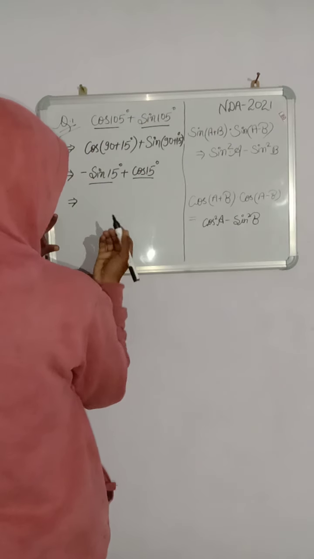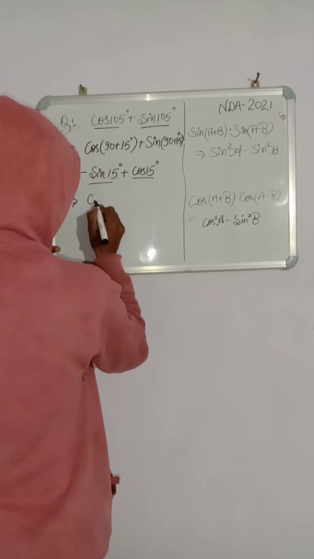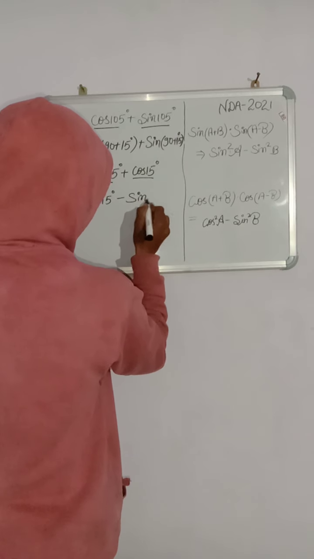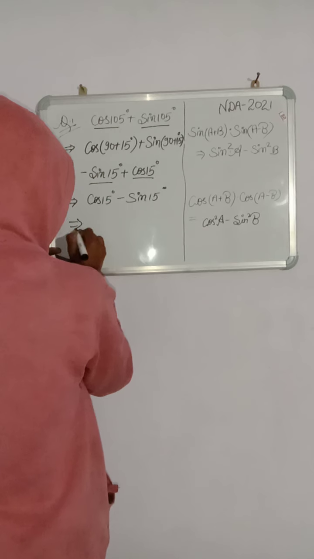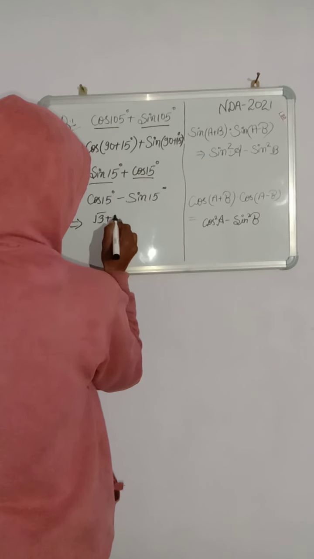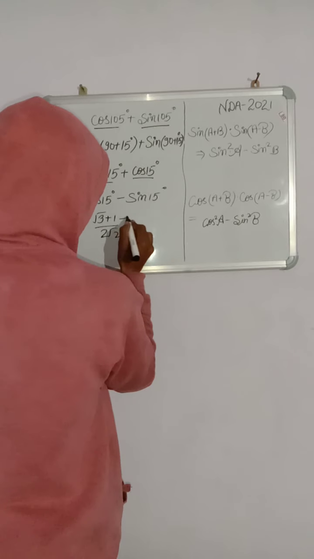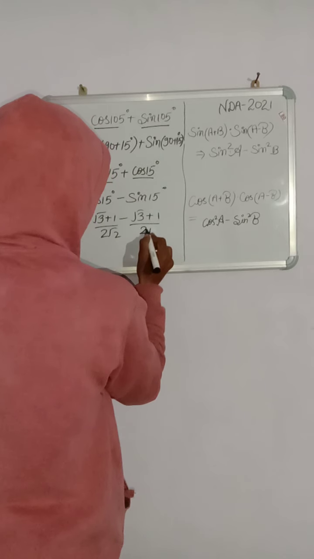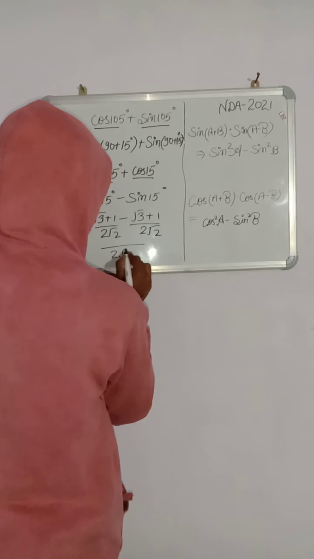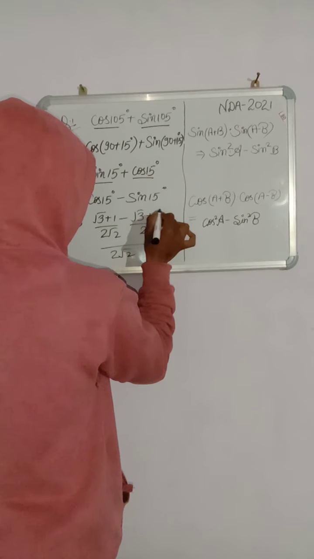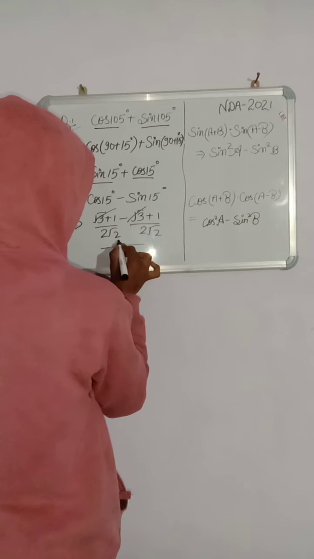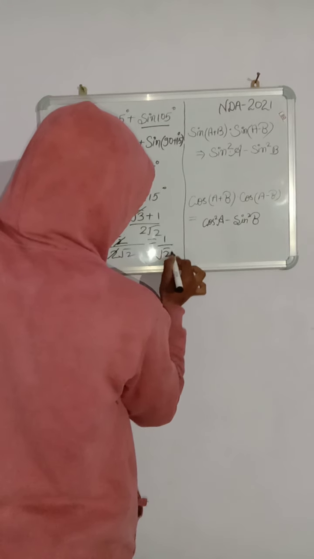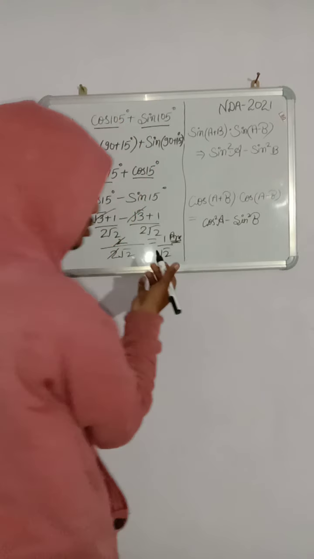So guys, for the value of sin 15, first of all cos 15, so that it will be easy for you. We will write this here: cos 15 minus sin 15. Then cos 15 is (root 3 plus 1) upon 2 root 2 and sin 15 is (root 3 minus 1) upon 2 root 2, so the minus and plus combine, and the LCM is 2 root 2. Finally, 1 plus 1 is equal to 2, so the final answer will be 1 upon 2 root 2.